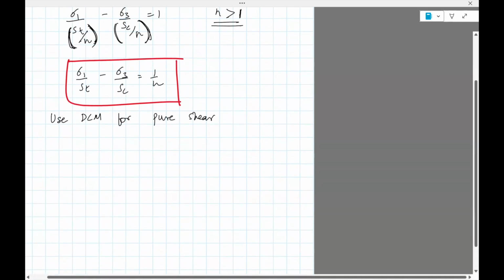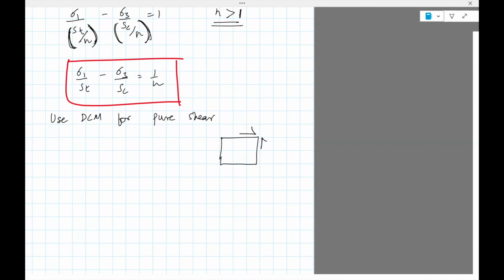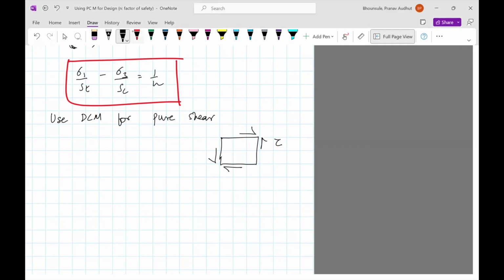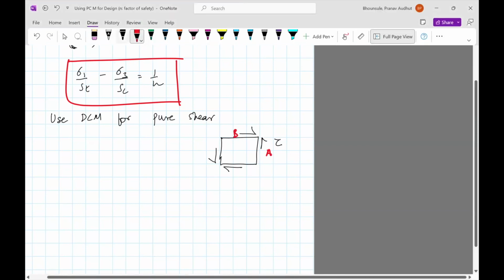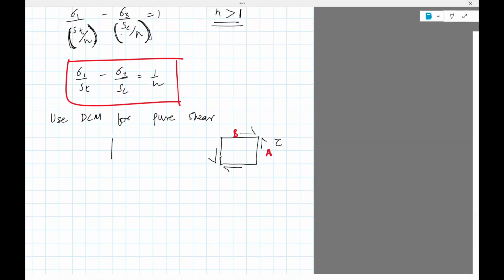So a pure shear involves the stress element with only shear stress. Okay, now we've seen this with Mohr's circle. So this is the face A, this is the face B. For this particular loading involving pure shear stress, we can